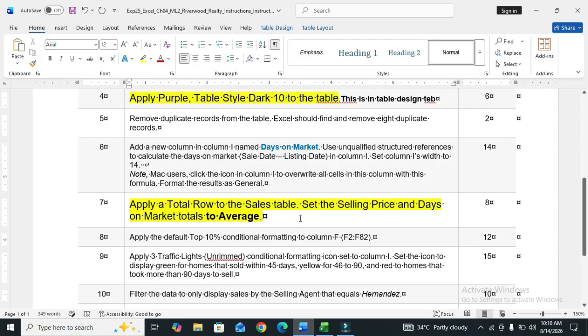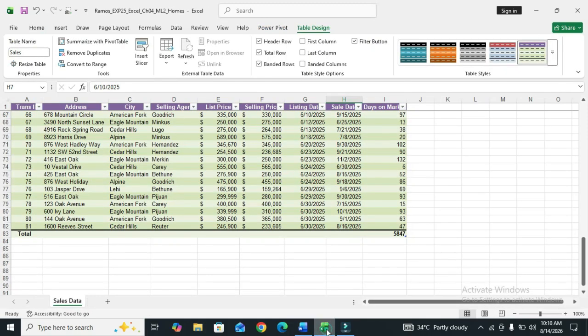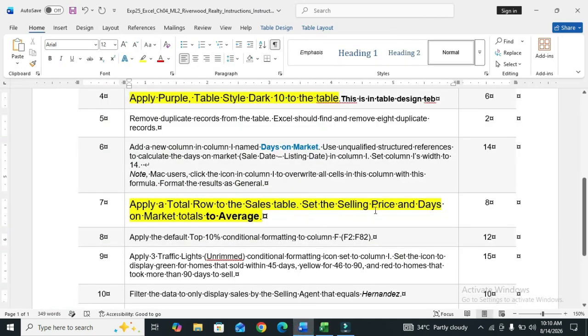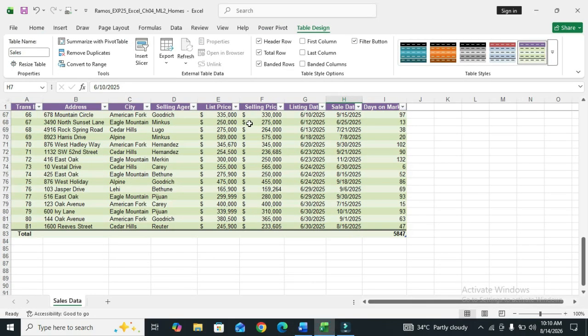So move to the Excel file, go to the selling price tab. Click on this, click on this icon and click on average. This level of this step is also done.